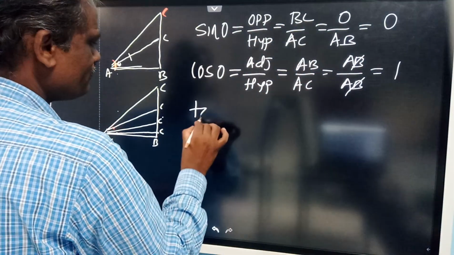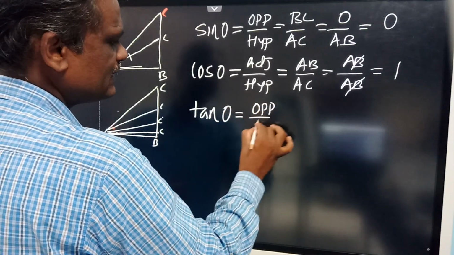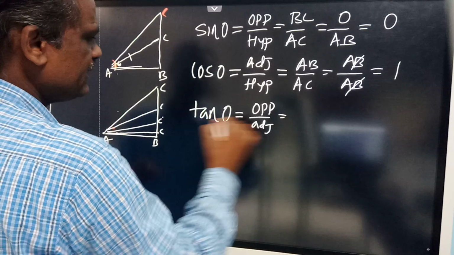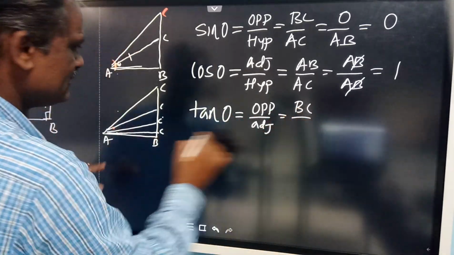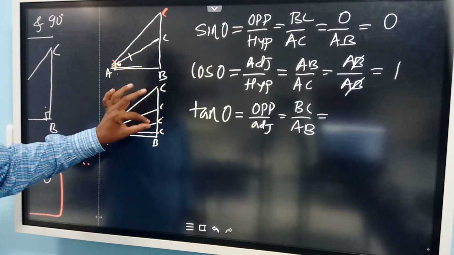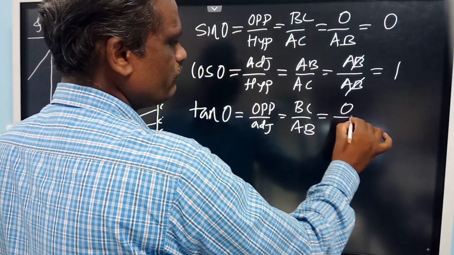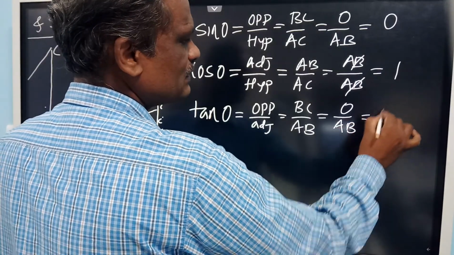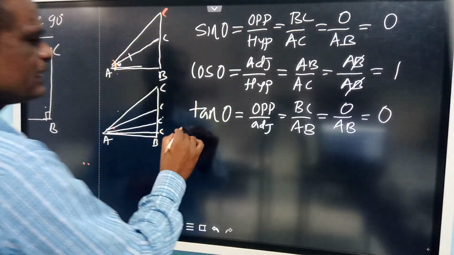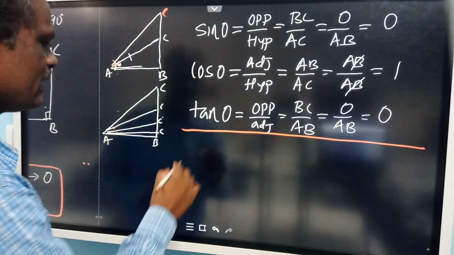Tan 0 is opposite side by adjacent side. Opposite side here is BC, adjacent side here is AB. So now you tell me what happens to tan 0? When you are making it 0, BC will be 0. So 0 by AB is 0 only. So you got 3 trigonometric ratios. The other ratios you can very easily write, cosec